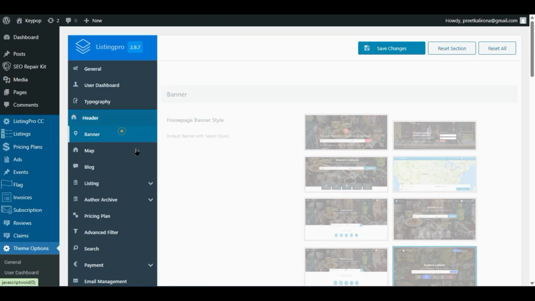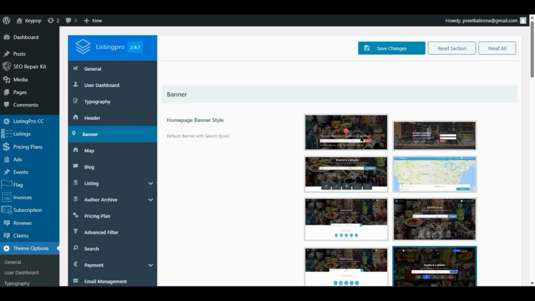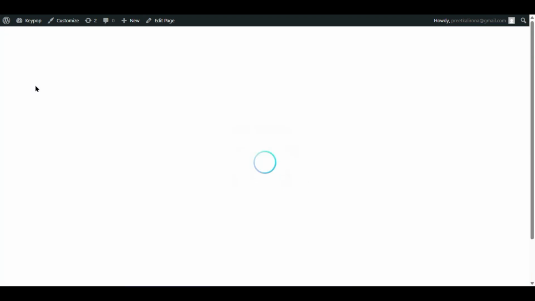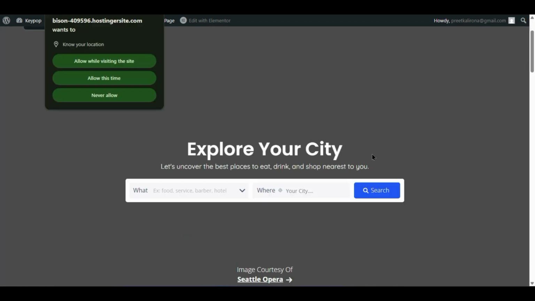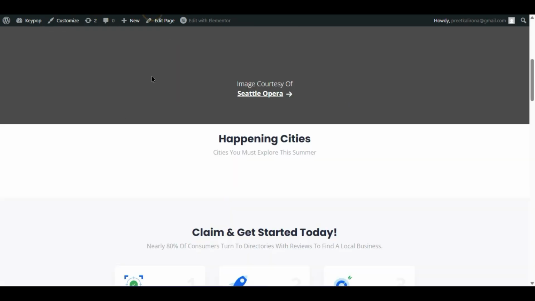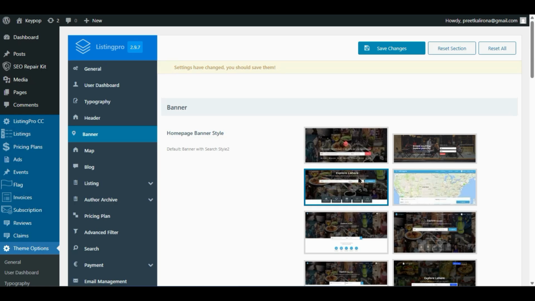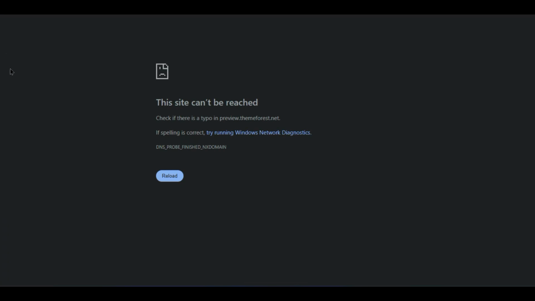Okay, next we have banner. So this is the home page banner actually. So if I show you, if I go back to my home page, they are talking about the main banner, the homepage banner. This one, it will show in the backend. Like if you wanna go with the banner style, something like the banner, and there are some categories similar to this. If I refresh here,